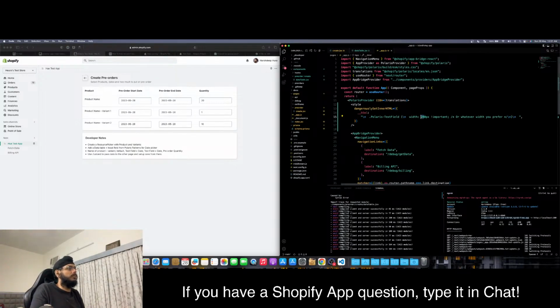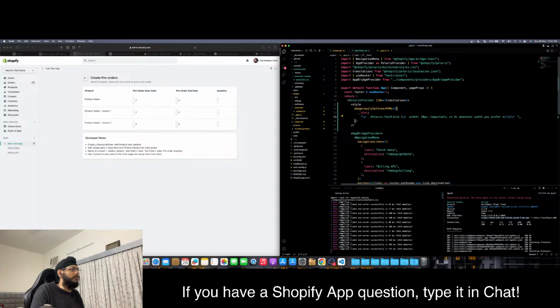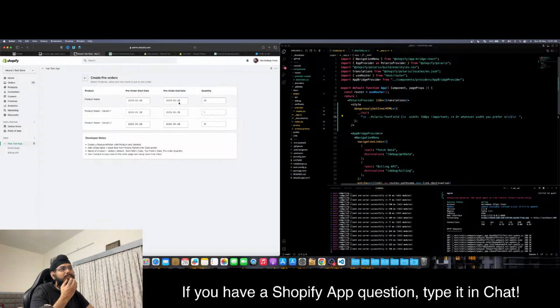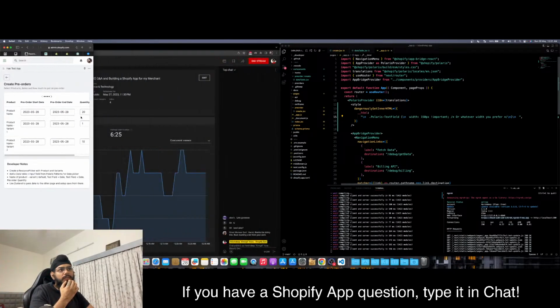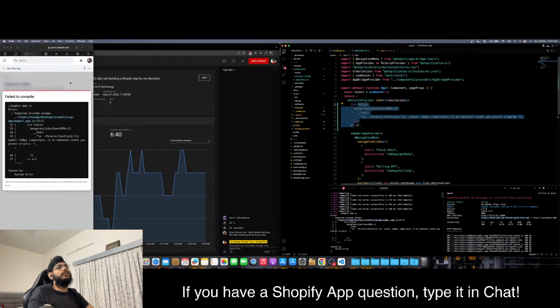So if I turn this to 10 pixels, yep, that does the job. 100 pixels, that forces it. Nope, doesn't look good. 150. Yeah, I think 150 just does a good job, because then even when I come here, okay, this is exactly what I want. But I can also, if I do that,